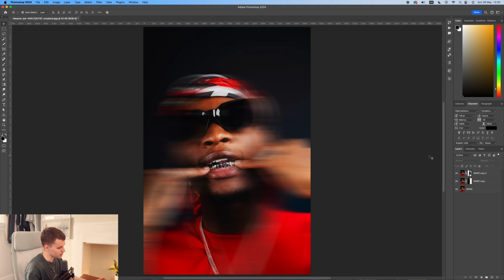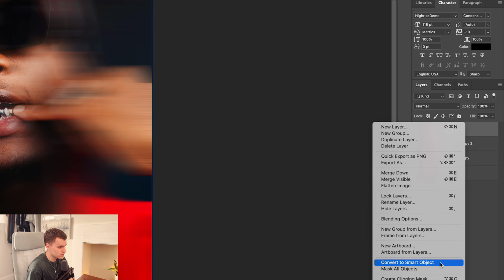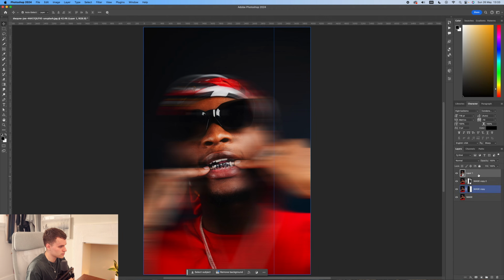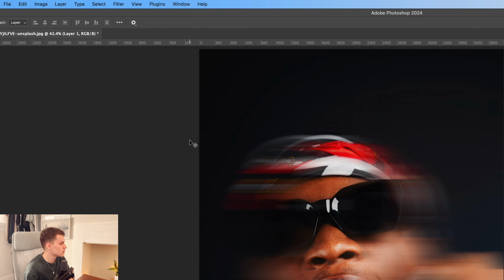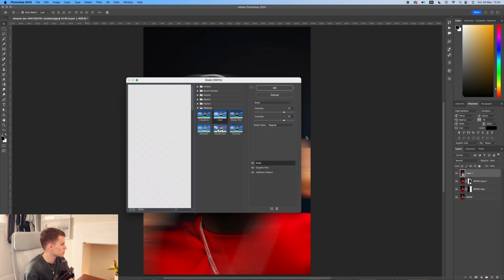So what I'm going to do is press Command, Shift, Option, and E. Now I know that's a lot of buttons, but it's going to make a new layer and combine all the other layers in the document. So then what I want to do is right click and convert to Smart Object. And this is when I can start adding the effects from the filter gallery. So I'm going to come up to Filter, Filter Gallery,